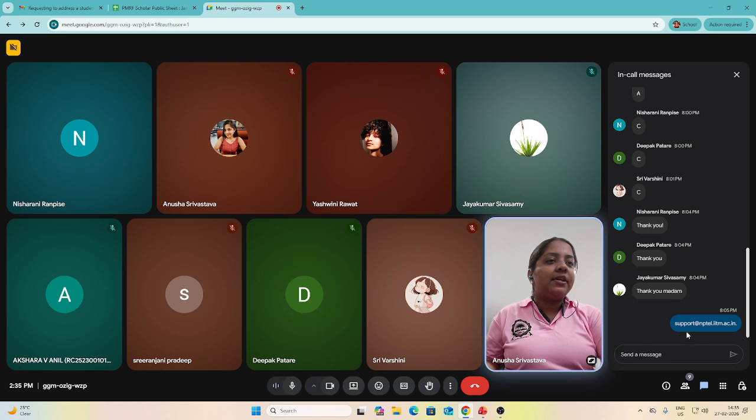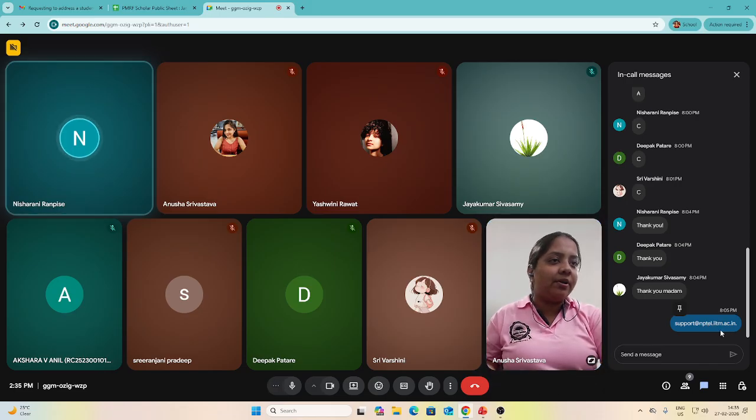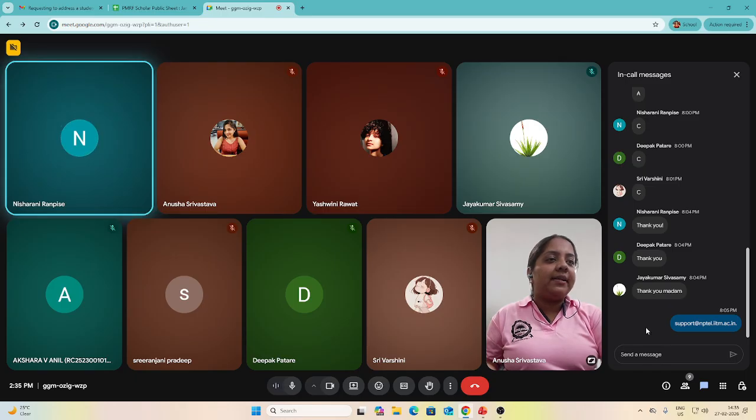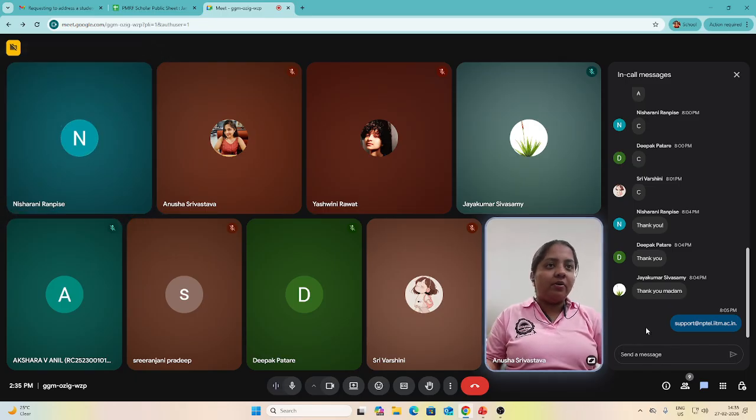So I think she can email support@nptel.iitmadras.ac.in, citing her concern, because I've already raised this issue with the support team, and they said she would have got the email and it could be in the spam folder, but if by any reason she's not able to receive the mails, she can mail this email ID.